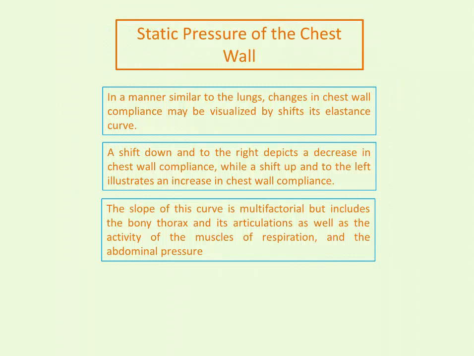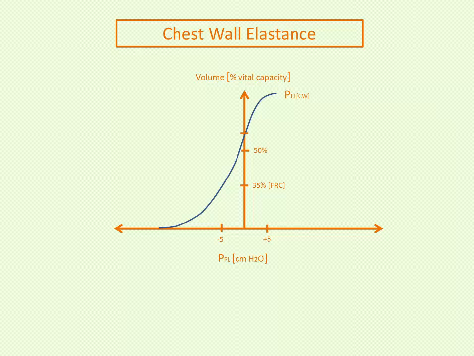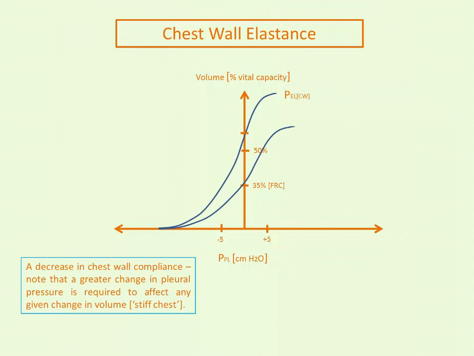And the slope of this curve is multifactorial, as I mentioned, but it includes the bony thorax, its articulations, as well as the activity of the muscles of respiration and the abdominal pressure. I feel like in the intensive care unit, the abdominal pressure is one of the key determinants of chest wall compliance. So this is your chest wall elastance curve. So this would represent a decrease in your chest wall compliance. And you can see here that a greater pleural pressure is required to affect any change in